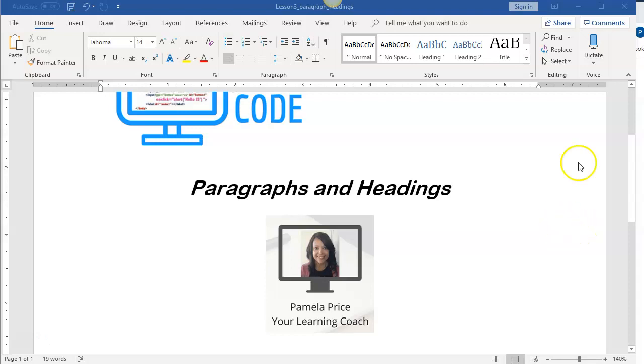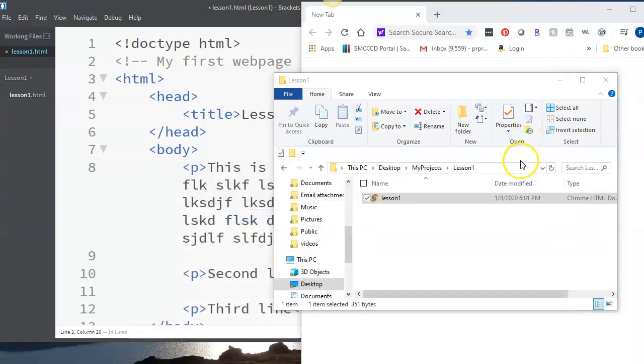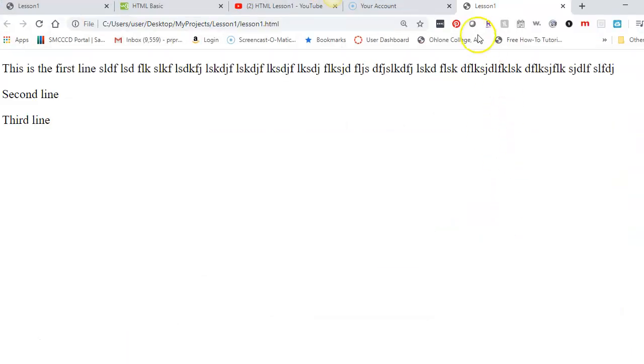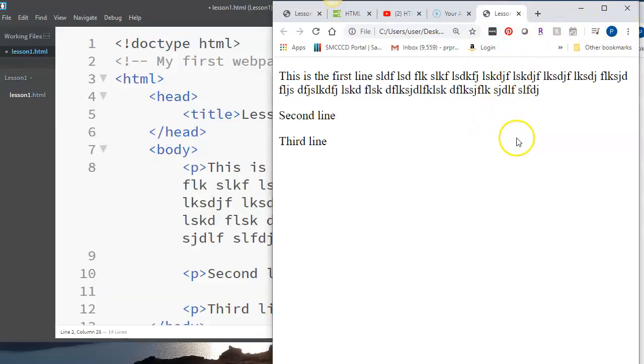We are continuing our HTML lesson. So let's just do a quick refresh of where we were. Remember, we're using Brackets. We have been working on a page. Anytime you want to see your page, here's my HTML file here. If I right click on it and say open with Chrome, then here is my window, what's on